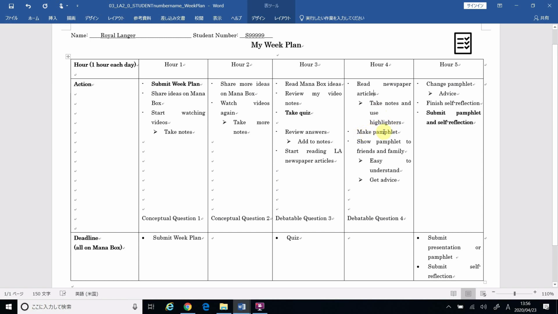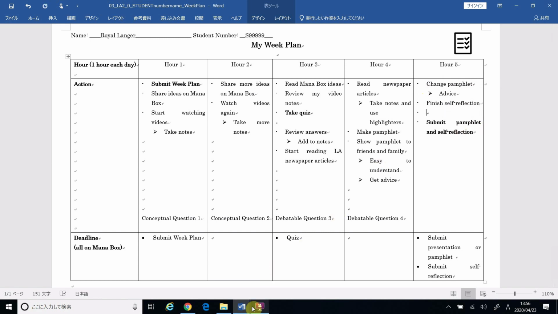Then I will make my pamphlet. Remember, I want to finish my pamphlet early because I want to show my pamphlet to my friends and family, and I want to get advice. I want to ask my friends, is it easy to understand? So I'll get advice. And then hour 5, after I get the advice, I will change my pamphlet according to the advice that I got. Then I'll finish my self-reflection,